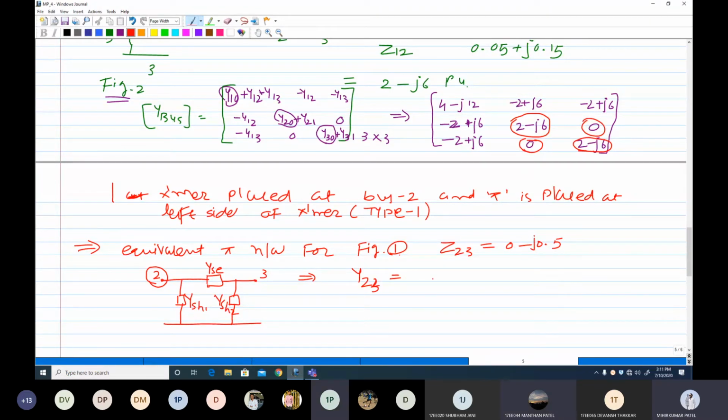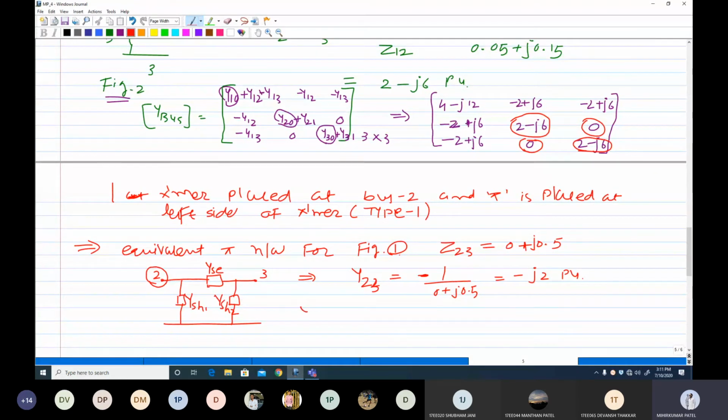1 by minus Z, J2. Minus J2, plus J2. Here? Sorry, R plus Jx. It is minus J2, or just write it. 0 plus J.5, which is equal to minus J2 per unit. Clear? So now,